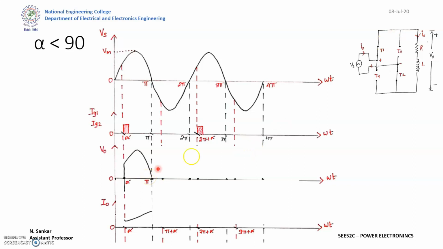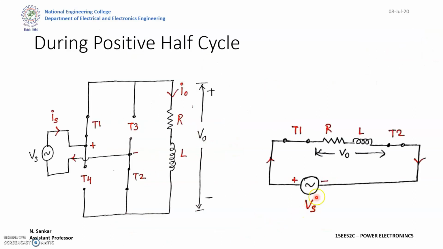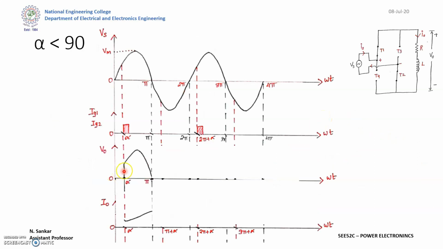So we draw the circuit, right? If you saw the previous circuit, you can see the supply voltage is directly in parallel with your output voltage. So Vs will directly appear on V0. So here the output will follow the same voltage waveform as your input. Okay, so this will flow till the angle is pi. So in the R load, till the value of pi, the SCR will conduct, but after the interval pi, the resistor current will go negative, so it gets turned off automatically.